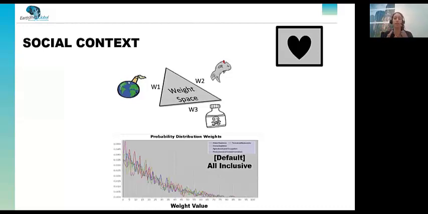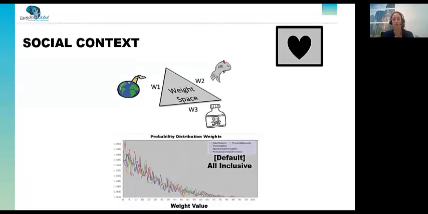One alternative, or how this is usually done in LCA, is looking at equal weights, right? So it would be 33, 33, and 33. But what does this 33 mean? If we think of, let's say, controversial topics in our society, things that are polarized, we have people with opinions in one end and other people in the other end. If you take the average, you represent no one. If you take one side, maybe you represent 50% of the people. But if you take the middle, you represent no one equally.